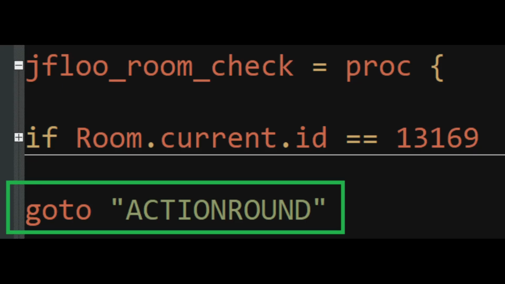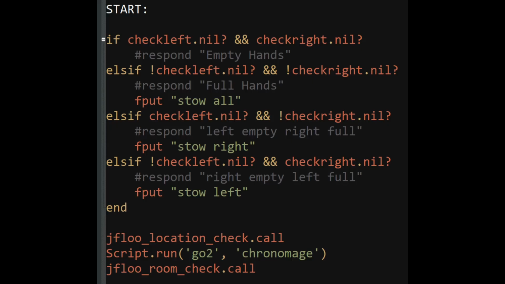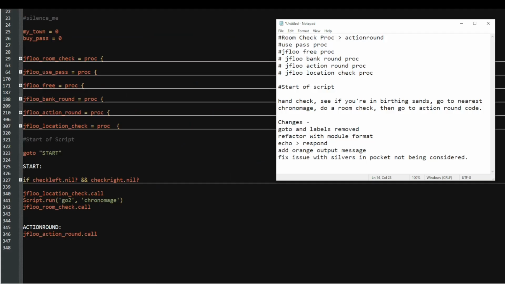The room check proc has a goto action round. I have a use pass proc, Jfloo free proc, bank round proc, action round proc, and location proc. The script will start executing code after the procs, and it begins with a hand check, then checks for birthing sands, goes to the nearest chronomage, determines where you're at based on the room number, and then goes through the